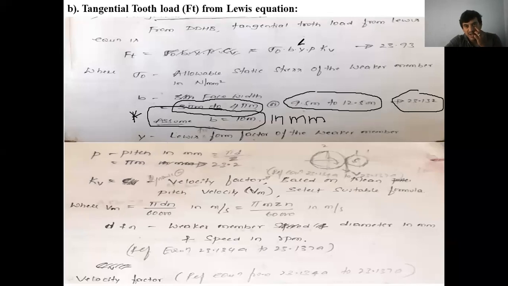Now what is y? Lewis tooth form factor for the weaker member. p stands for the circular pitch, that is pi d by z. That is d by z, which is what? Pi into m. You can also see that in equation number 23.2. Next, kV. kV stands for velocity factor. That depends upon the mean pitch line velocity. So if you want to calculate kV